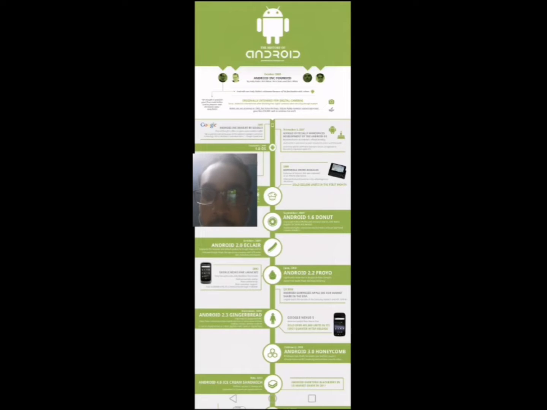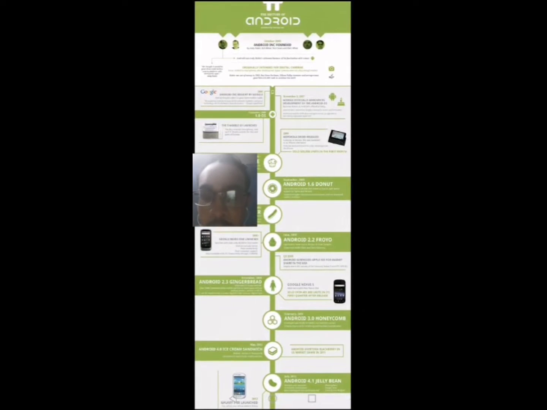Android Inc. was founded by Andy Rubin, Rich Miner, Nick Sears, and Chris White. In 2005, Android Inc. was bought by Google. In November 2007, Google